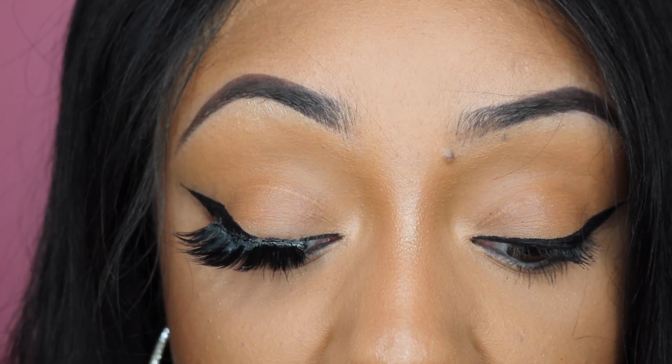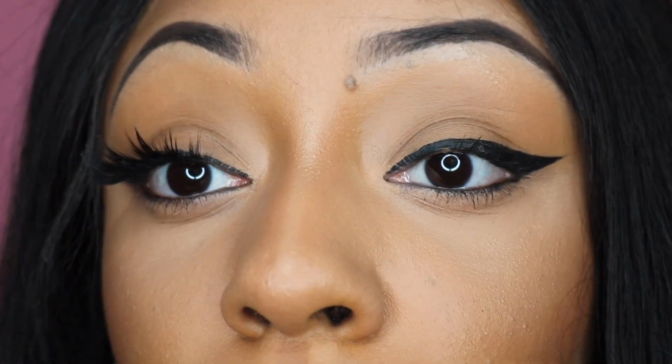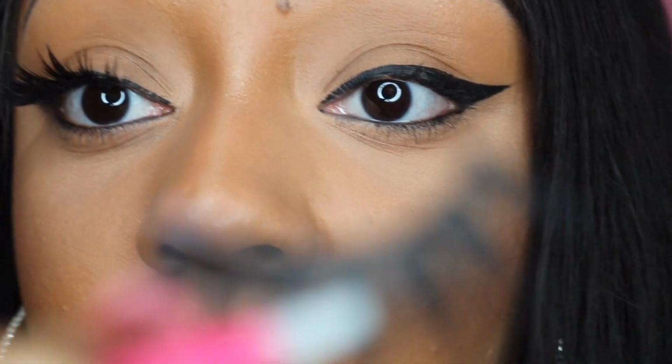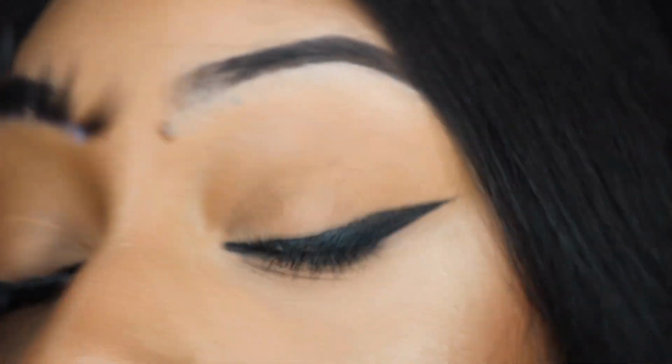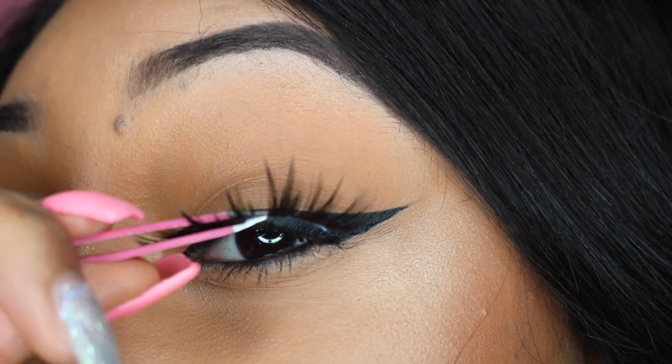So while I did this lash, I had this one sitting getting tacky. So I'm just gonna blow this one again. And then, of course, you can see again, nice and tacky. It's still a little wet on the inside, but overall it's tacky. So we're gonna take this one again, set it to the center of our eye,